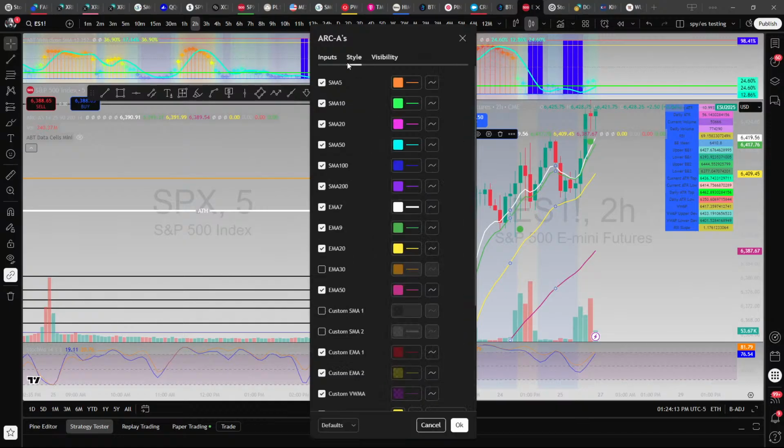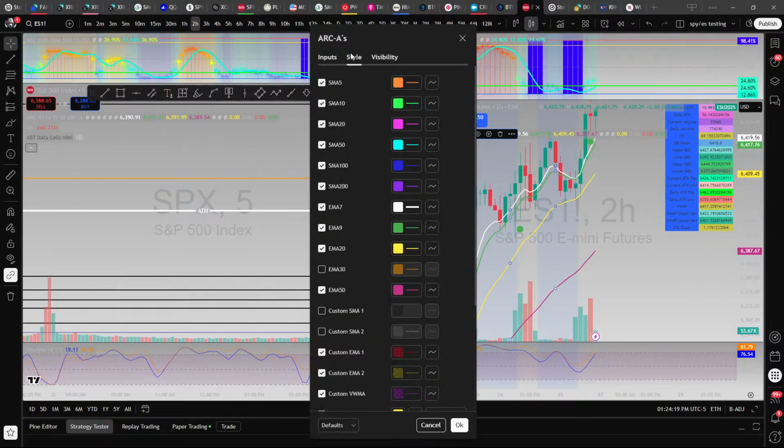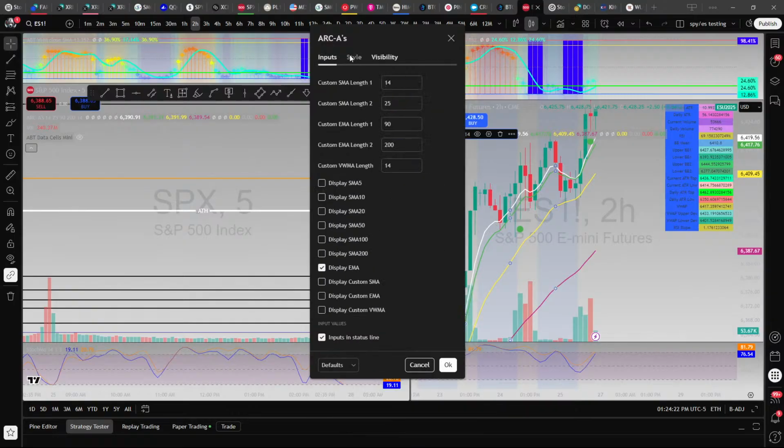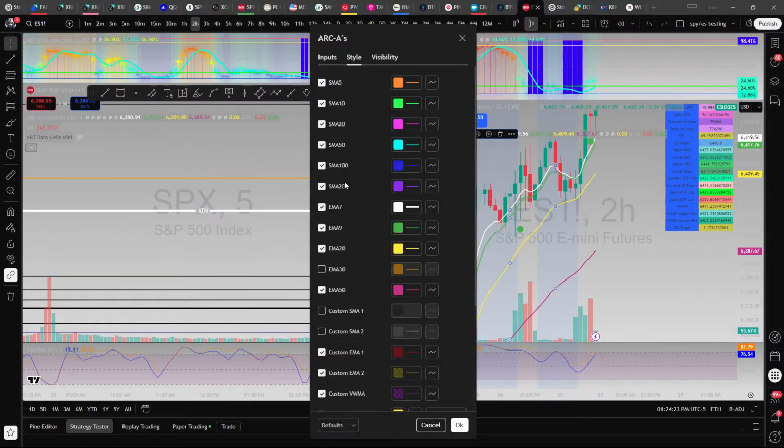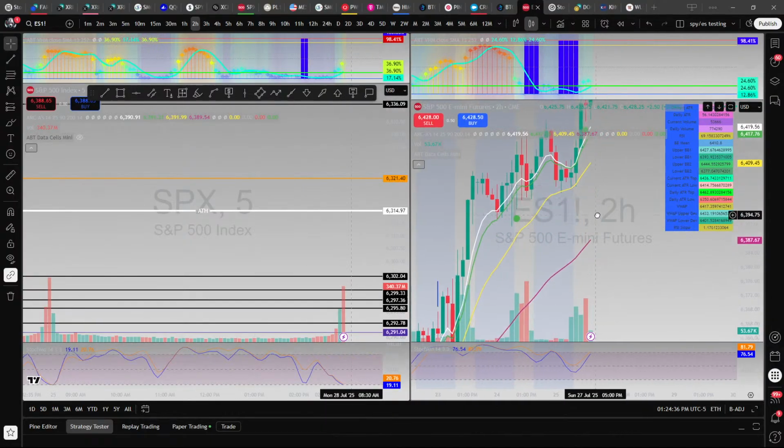Here's my customs, because that's the only ones I have on right now. Well, no, I take that back. I was lying. So I have the EMA 7 up, the EMA 9 up, the EMA 20 up, and the EMA 50. And again, I'll have to change these